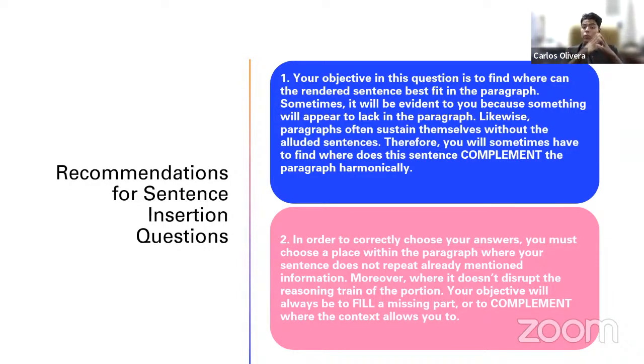So in order to correctly choose your answers, you must choose a place within the paragraph where your sentence does not repeat already mentioned information that is important to you. So you're not going to put your sentence in a place where you know that information has already been mentioned, or where you could perceive that it is repetitive. Do not put it there. That is not where it belongs. Also, moreover, where it doesn't disrupt the reasoning train of the portion,